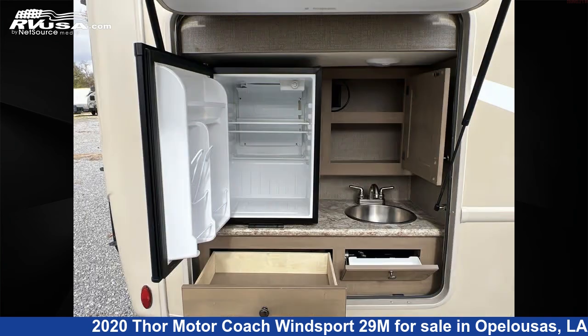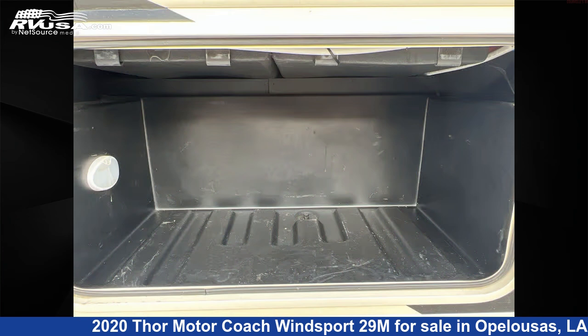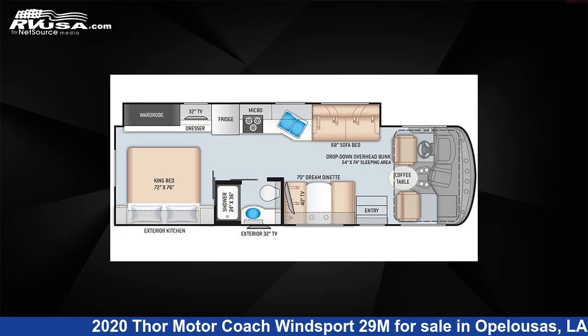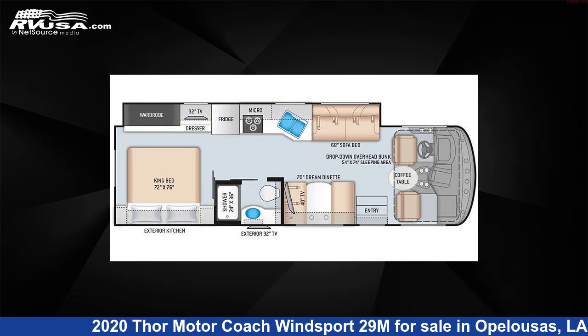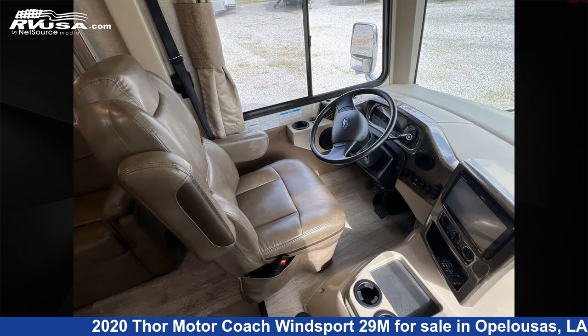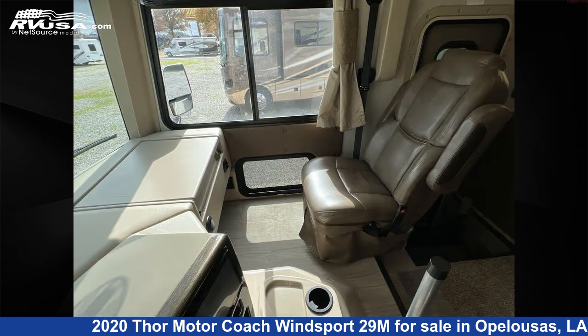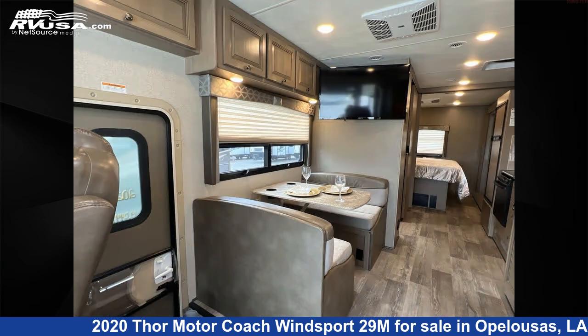This used Thor Motor Coach is 30 feet 8 inches in length and features sleeps 8, external shower, auxiliary battery, awning, DVD player, stovetop burner, oven, TV, slide-out, water heater, microwave, and 50 gallons fresh water capacity. The floor plan layout of this Class A features bunk over cab, full wall slide, outdoor entertainment, outdoor kitchen. This 2020 Thor Motor Coach Windsport 29M is built on a Ford F-Series Super Duty chassis and is powered by